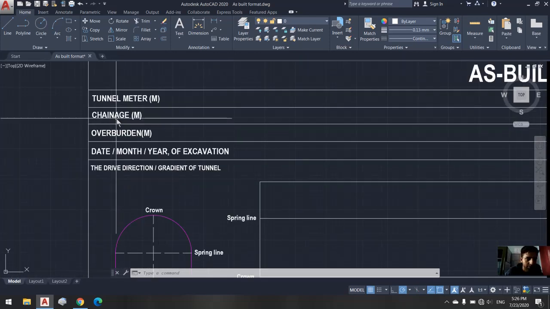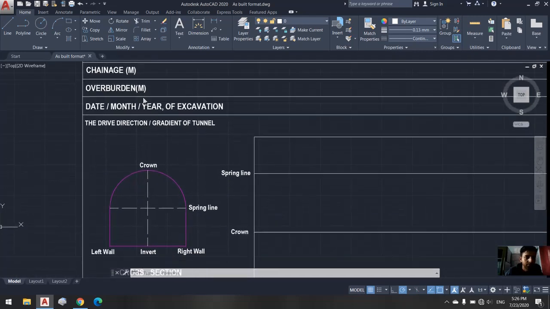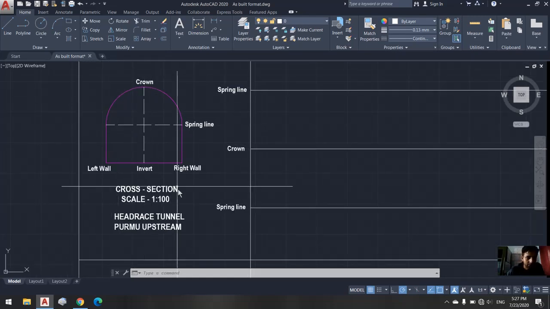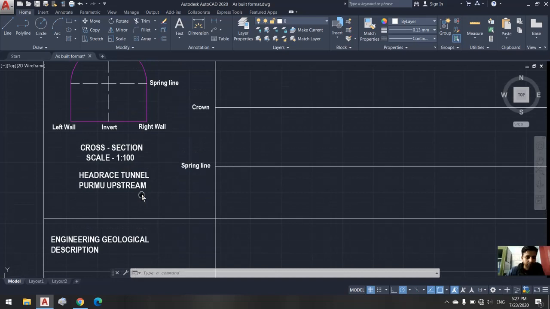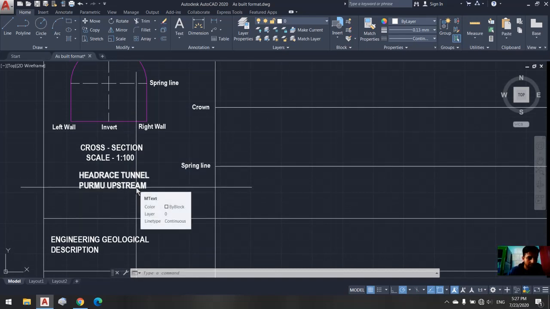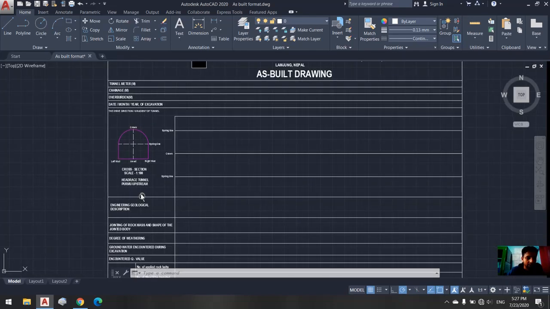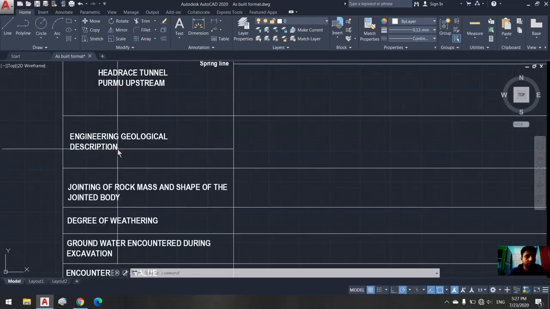And we have here tunnel meters, chainage or warden, date, month and year of the excavation. This is the drive direction, gradient of the tunnel. We have to put the drive direction here, and this is the cross section of the tunnel. There is the tunnel portal upstream side. Or, whichever location or work site you are going to prepare, put it here. This is the portal, meaning the location of the tunnel of one of our adits here,